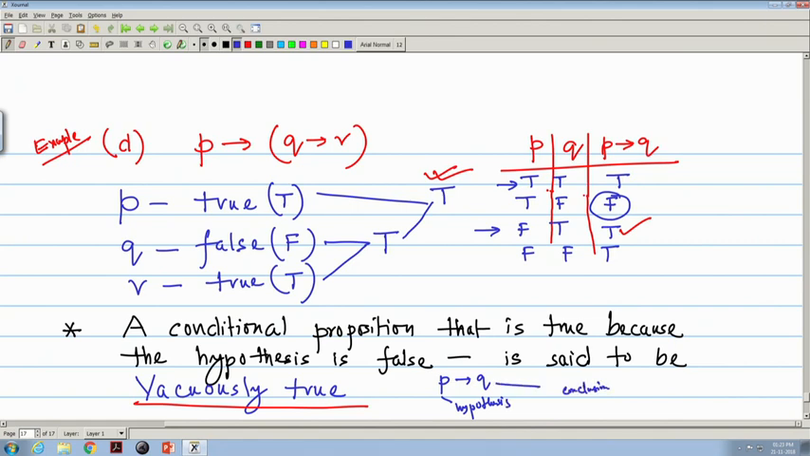Now, if the hypothesis is false, then the condition is not validated. So, the result is that P implies Q is always true. This is sometimes called the default situation, or vacuously true. So, here we see how we can evaluate